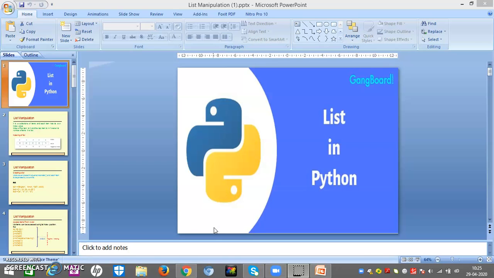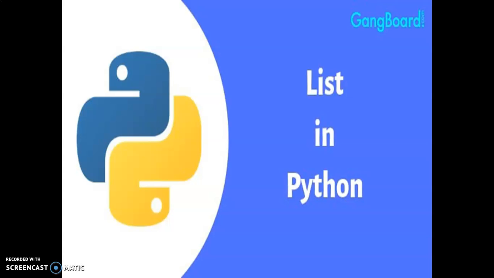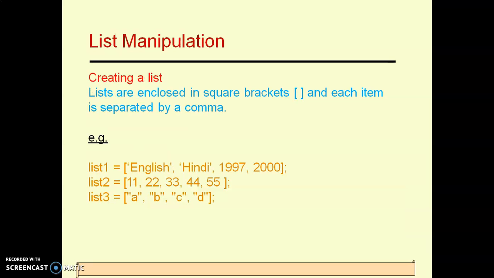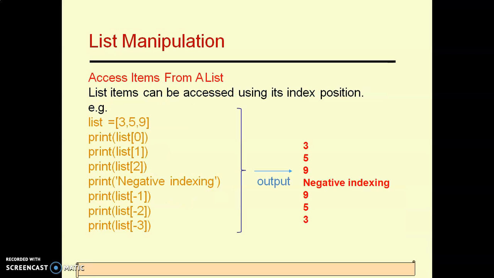So we are going to start with the list. Today we are going to have some programs, but before that, let us have a quick revision of the list. What is a list? A collection of heterogeneous or homogeneous items. It can contain different items at different indexes. It has two things, elements and indexes.